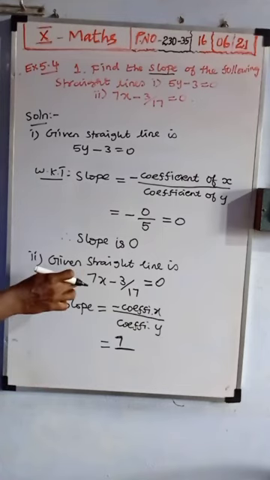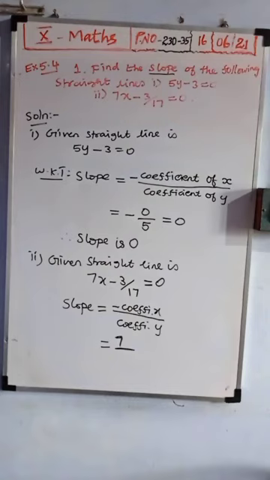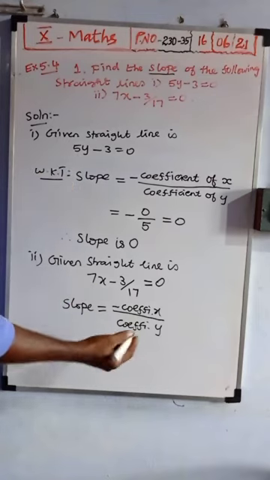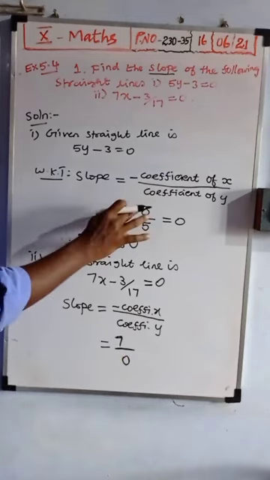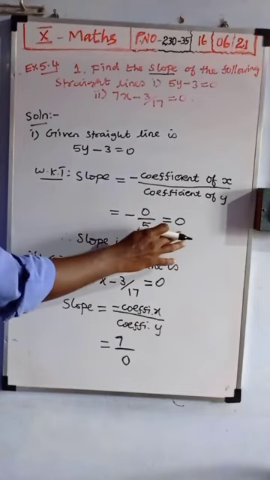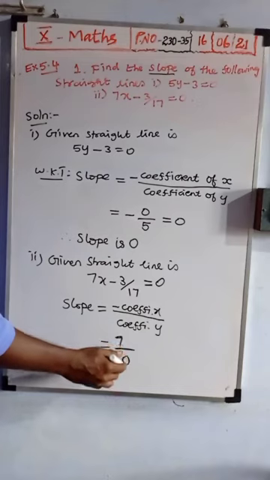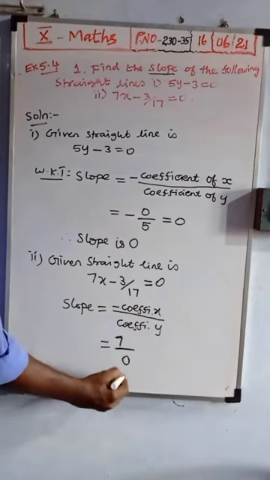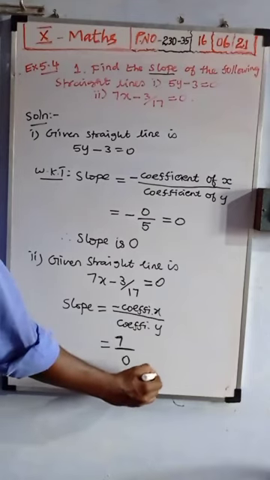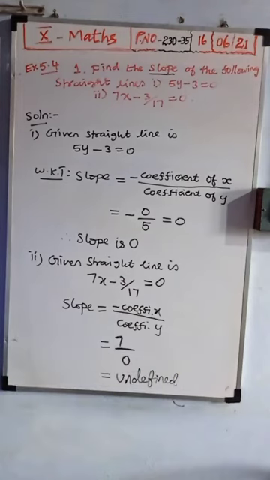So the question says it is a straight line. Either an x term or a y term has to be there, and then it is called a straight line. So here the y term is missing, which means its coefficient is 0. For any number, a numerator of zero means the answer is 0. But any number divided by a denominator of zero is undefined. Actually, you get infinity, so that is called undefined. So any number divided by 0, the answer is undefined. That's all.